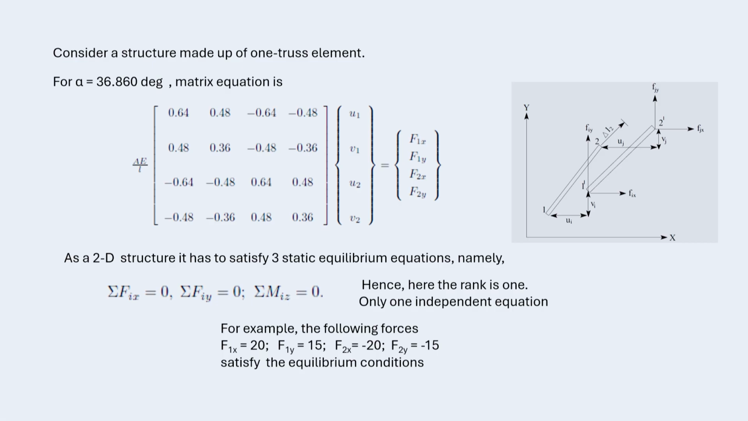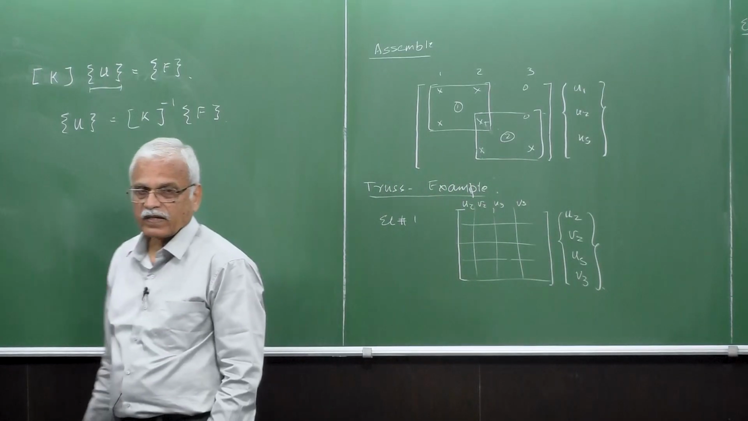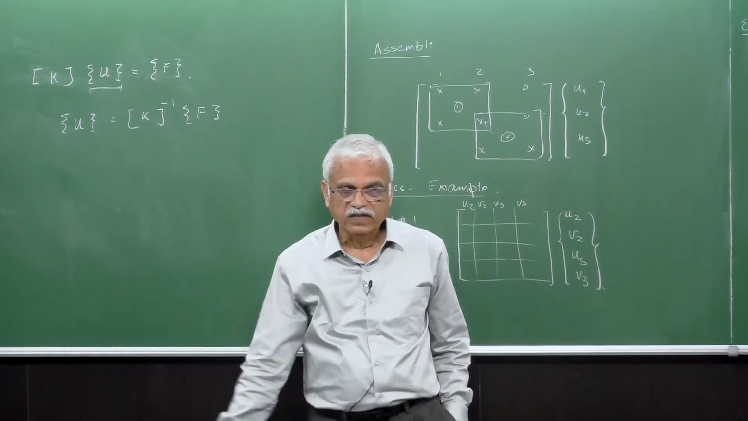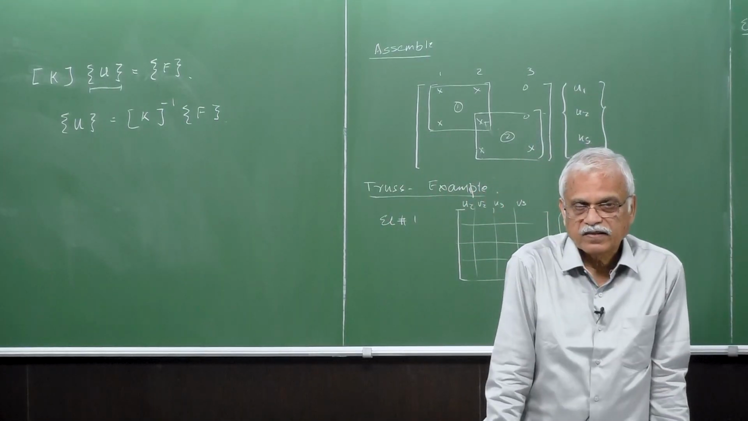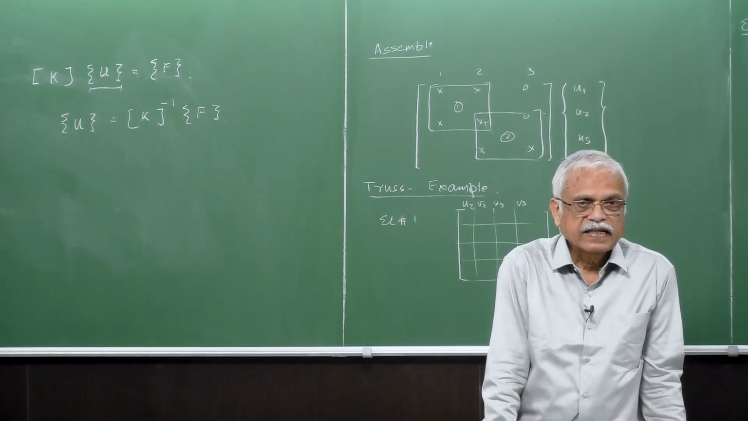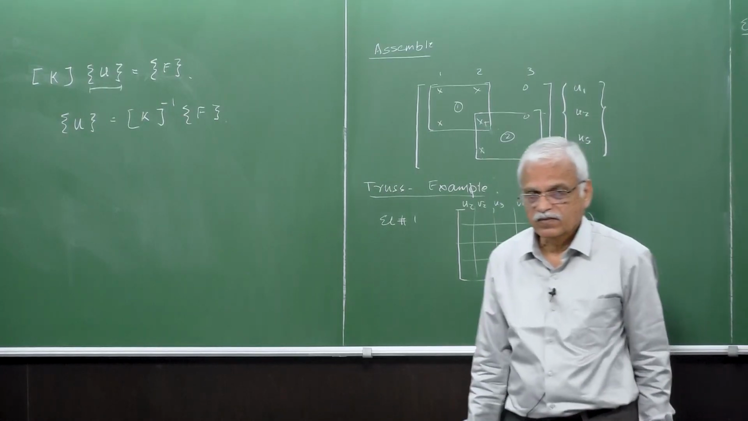So what it is that K is not invertible, and the very related term for invertibility of a matrix is the rank. They are all related. So if the rank of the matrix is less than 4 here, this is a matrix of 4x4. If the rank of the matrix is 4 itself, then it's invertible. But if the rank of the matrix is less than 4, then it is not an invertible matrix, and the solution of equations cannot be